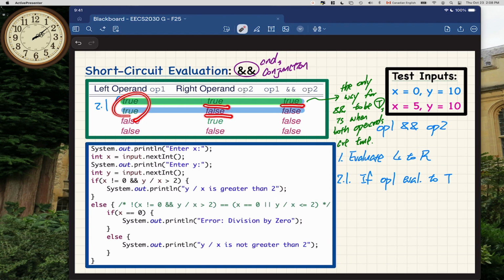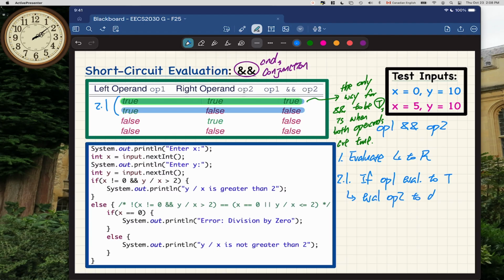If second operand is false, ultimate result is false. So we do have to evaluate the second operand to know what's the final result. So we need to evaluate operand 2 to decide